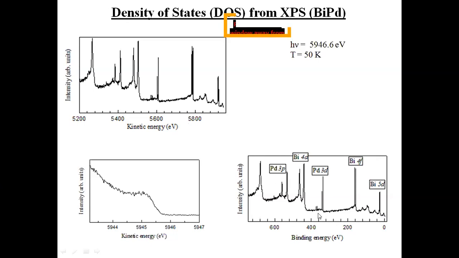After you get this spectrum, you rescale it so you match with the already reported binding energies, and from there we can see that these states are the core levels. For example, these two are for Pd, palladium 3p states: this is 3p 3/2 and this is 3p 1/2. Likewise this is Bi 4d, that is bismuth 4d, this is 5/2 and this is 3/2. This particular method is called XPS, X-ray photoelectron spectroscopy, and this is mostly used for chemical analysis purposes.